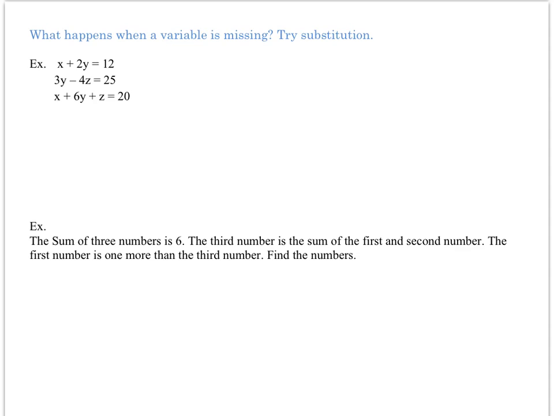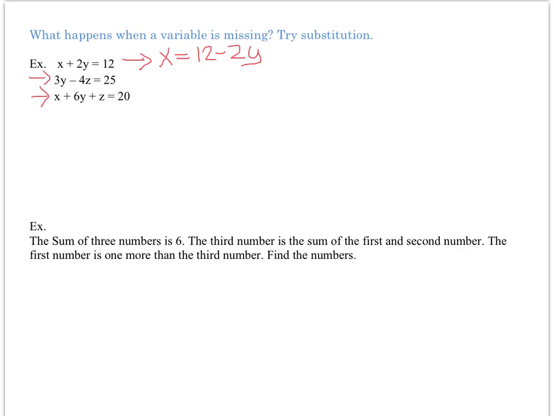So what I'm going to first do is take this first term and isolate one of the variables. So x equals 12 minus 2y. My goal is to use this second equation that has a y and a z, and this third equation, and get rid of the x so that I just have y and z. So I'm using the first equation to isolate the x so I can get rid of it